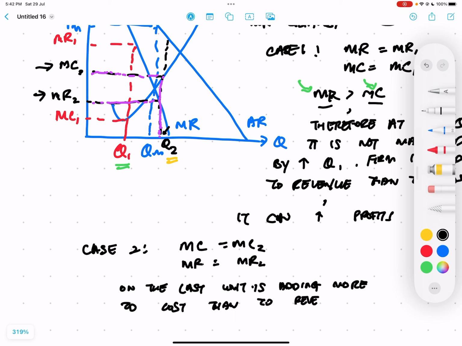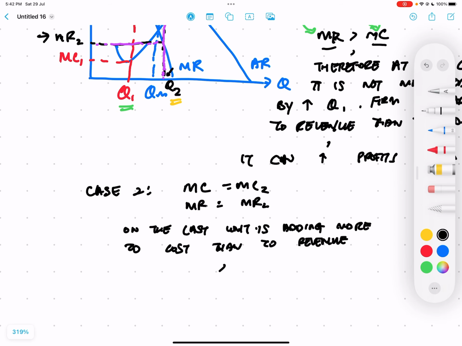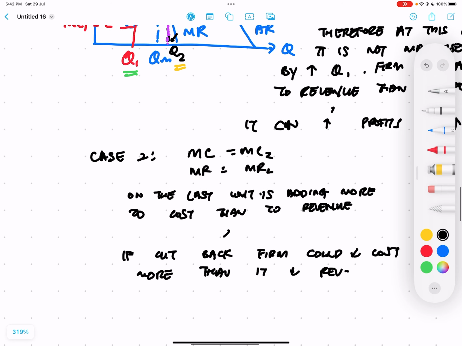So if the last unit is adding more to cost than to your revenue, then why are you producing the last unit? You should cut back. And if you cut back, then the firm could decrease its costs more than it decreases its revenue. It decreases revenue, and therefore it will increase profits by cutting back